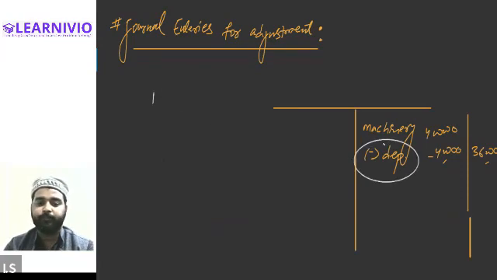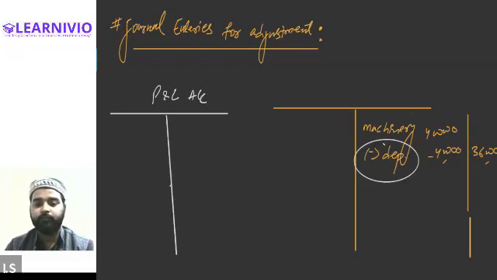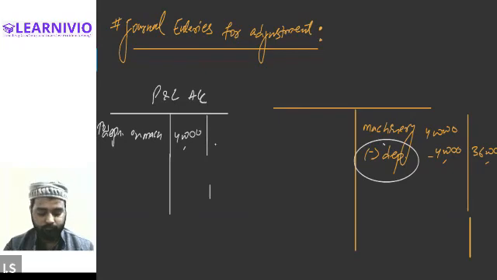So we will prepare the profit and loss account. And in the profit and loss account, you will be recording the value of the depreciation on which side? On the debit side or the credit side? Debit. Debit side. So we will write down depreciation on machinery. On machinery, value will be 40,000. So this is how it will be shown in the profit and loss account. Okay, I hope it is clear to you.